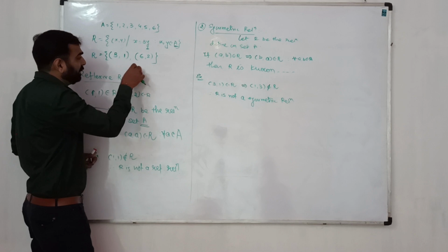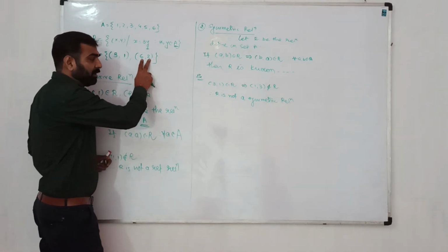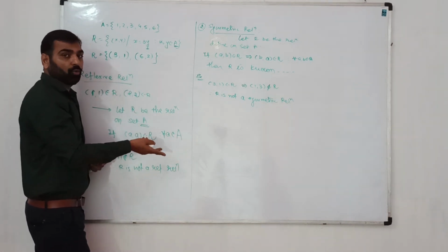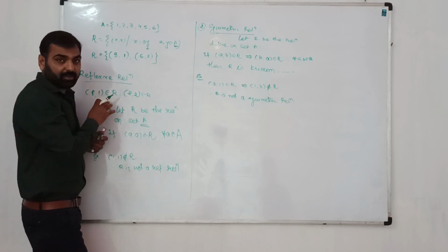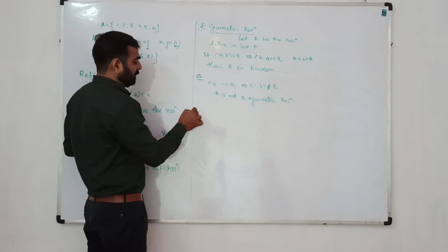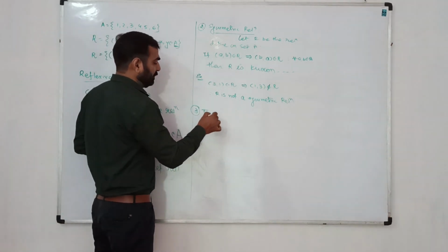Here also we discuss (6, 2). (6, 2) is there. So is (2, 6) there? No, (2, 6) is not there. That's why we cannot say that it is a symmetric relation. Okay. Now the third topic is transitive